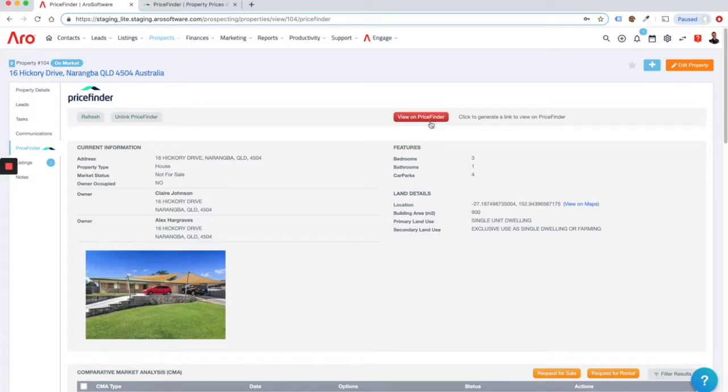This view on Pricefinder button, really handy. There's quite a few things that Pricefinder do in their system that they don't give us the ability to do through the API. There's some really handy tools in the Pricefinder account that you probably already know about if you're using that. If you want to quickly open this record in your Pricefinder account, all you've got to do is click on that view on Pricefinder button, and it goes and generates a URL